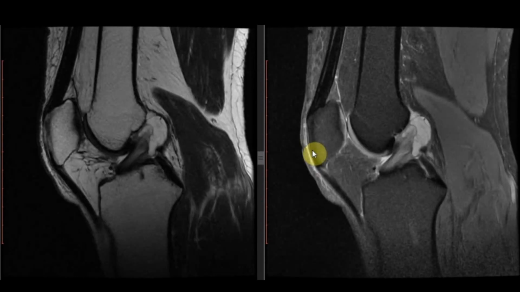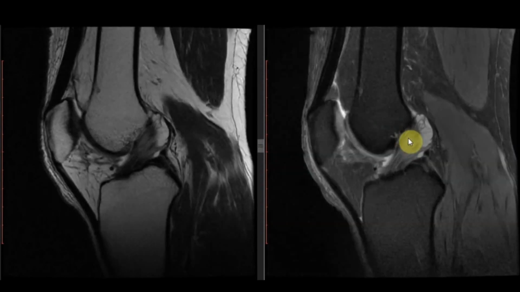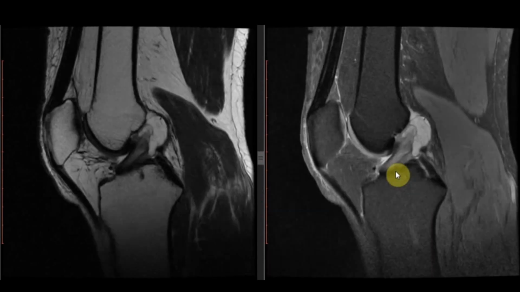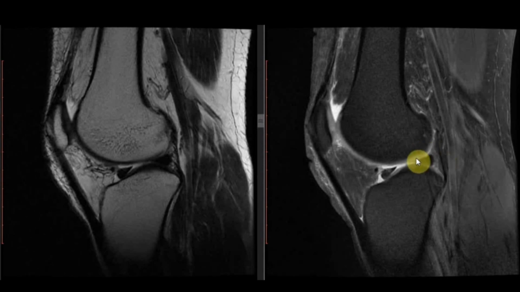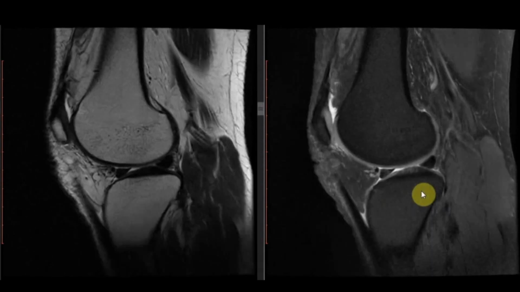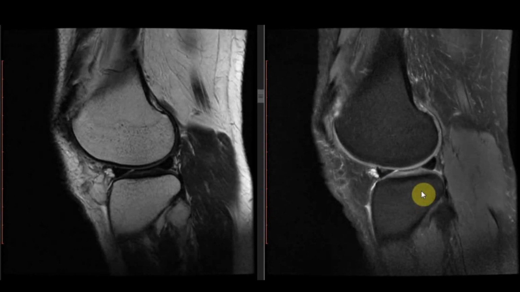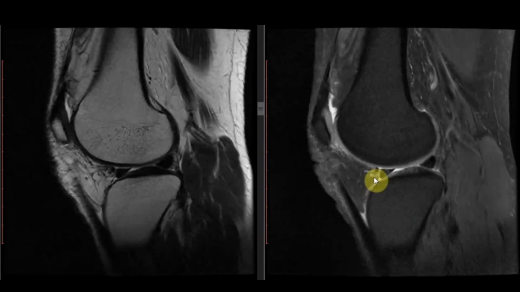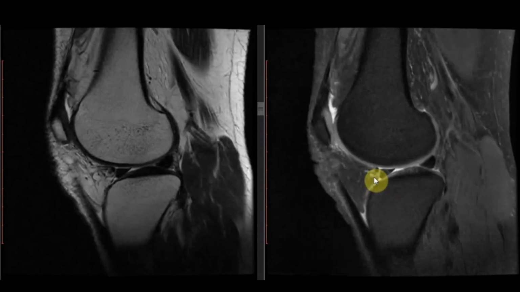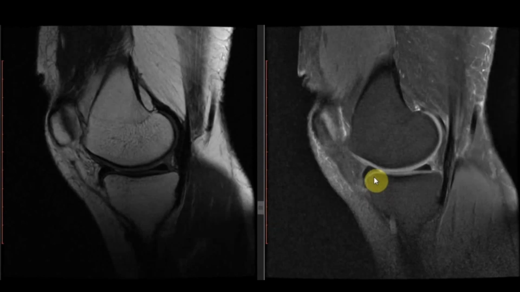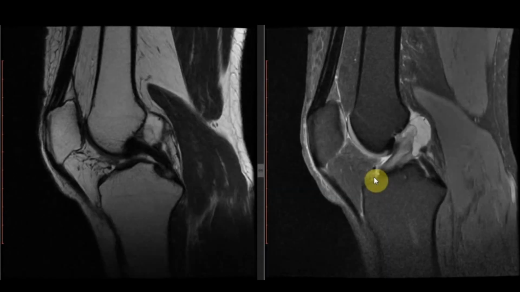and we can see that there is a complex cystic lesion in relationship with the anterior cruciate ligament. So this is a complex ganglion cyst. It has formed because of this mucoid degeneration. So the posterior cruciate ligament is normal. This is the posterior meniscofemoral ligament, which is going towards its attachment over the posterior horn of lateral meniscus. Lateral meniscus is normal. There is complex cystic areas seen adjacent to the lateral meniscus, but there is no obvious tear seen in the lateral meniscus. This is medial meniscus, which is completely normal.